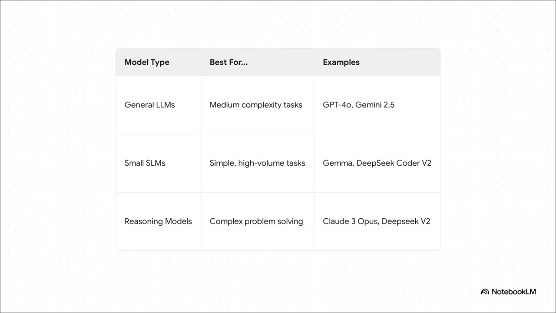It only becomes a real reasoning engine when you hook it up to all the other parts. And what's cool is you get to pick the brain that's right for the job. For most everyday tasks, you'll probably grab a big, general-purpose model like GPT-4o. But hey, if you just need to do something simple, like sorting thousands of customer support tickets, a smaller, faster model is actually a better choice. And for really heavy-duty stuff like complex coding or scientific research, you'd use a specialized model built for deep reasoning.